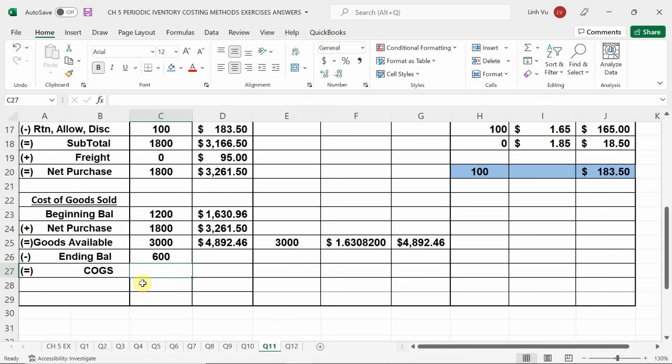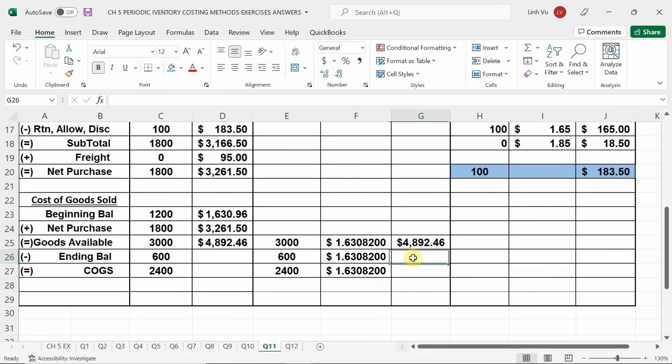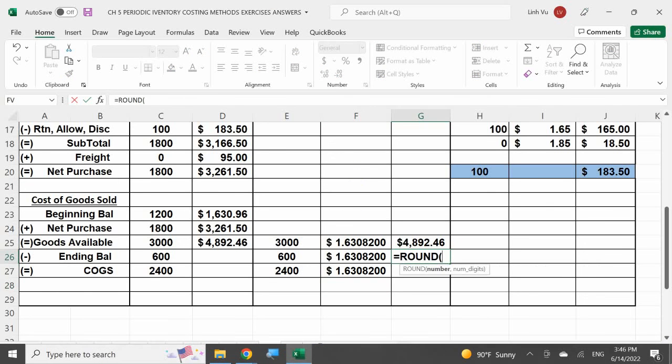And of course, you have the option once again. If I started with 3,000 units and have 600 left, I must have sold 2,400 units. And you can choose: do you want to solve for your ending inventory or solve for your cost of goods sold? Because at the end of the day, your average cost per item is $1.63082. And if you do your formula to calculate this, if I do my ending balance first, 600 at that $1.63082, I'll get